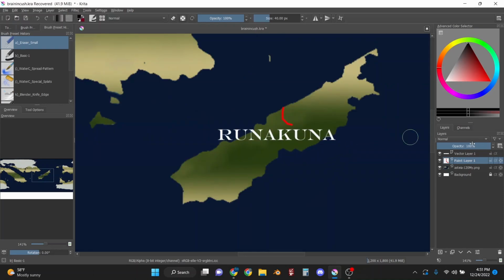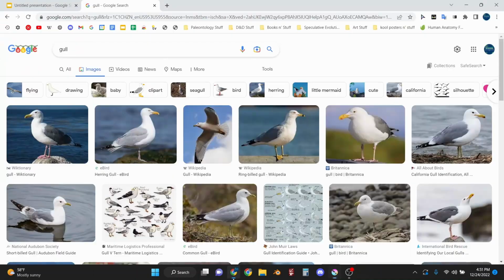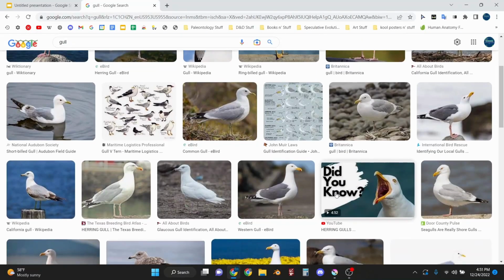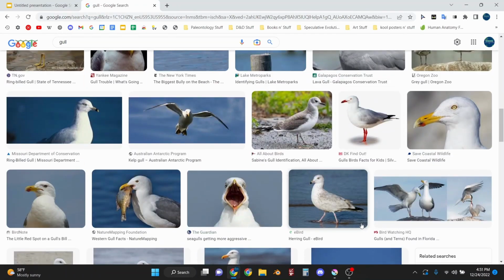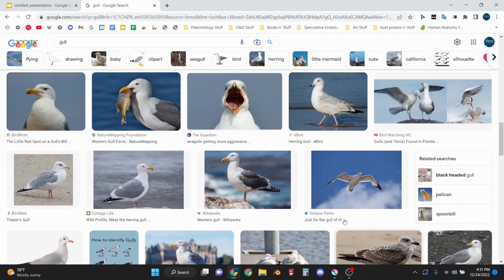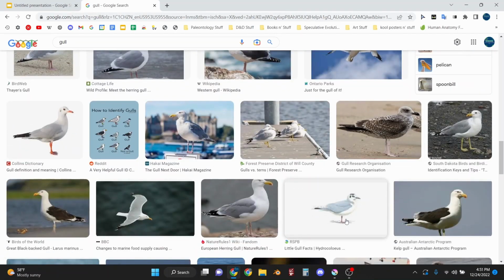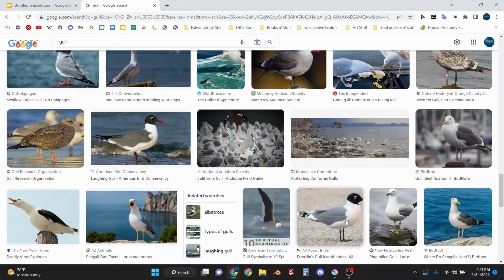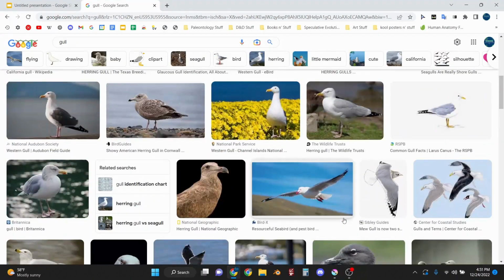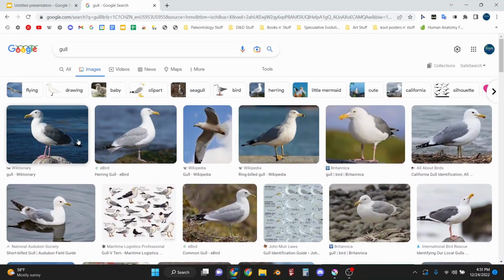Perhaps on long ago Runakuna, a gull-like bird lands. Perhaps a bunch of them. Perhaps they use it as a nesting colony, or were blown from their usual migration path during a storm. Either way, they're now isolated from others of their kind, and they start doing their own thing here. After they get over inbreeding depression and are genetically stable and healthy again, they'll start speciating and specializing into different forms.